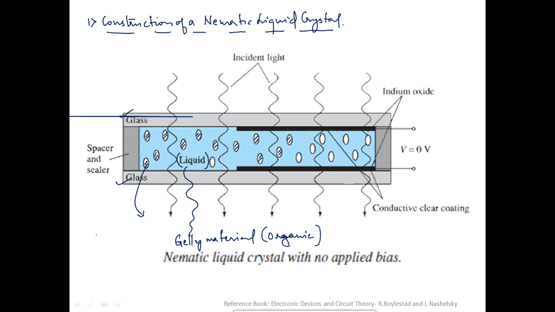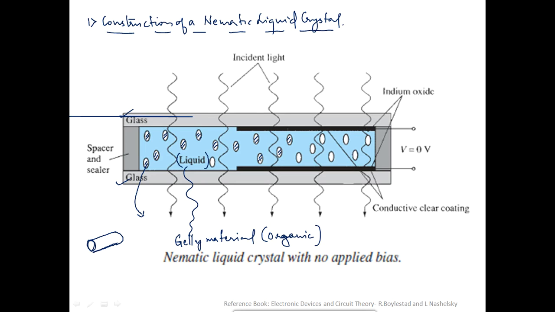If we take this as the cross sectional view, and if we take the other angle view, then it appears like this. That's the oval colored rod kind of molecular structure, and if we take this kind of view, then it appears like this. So these are cylindrical shaped structures, which make up this jelly kind of material. Now